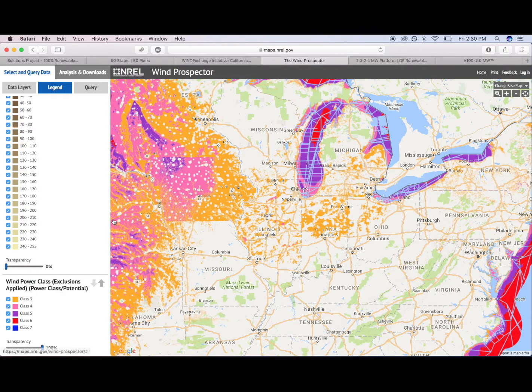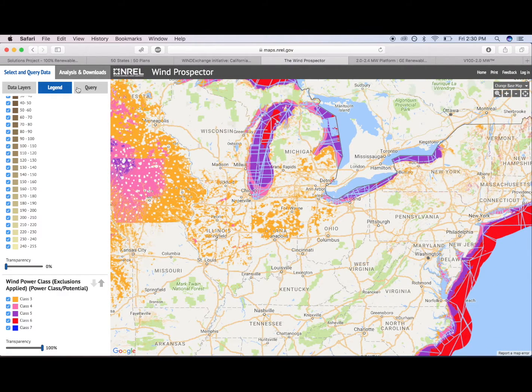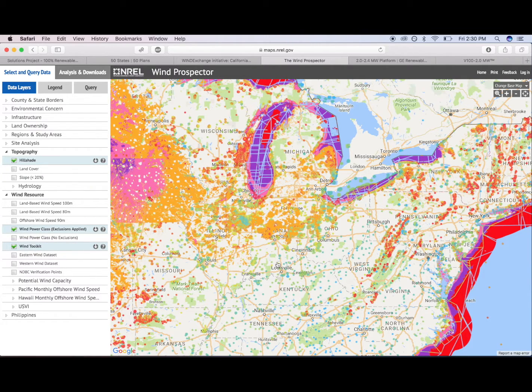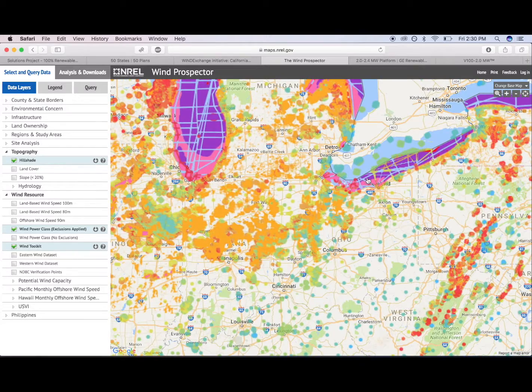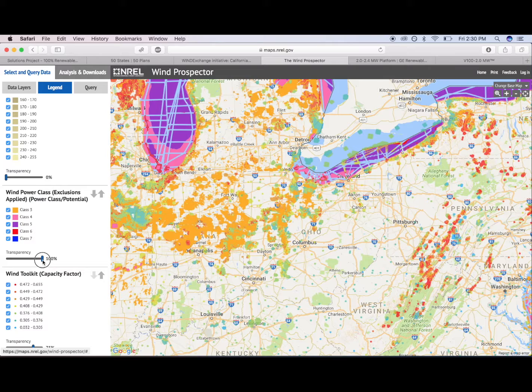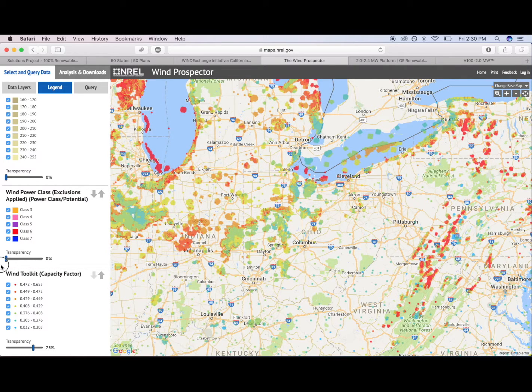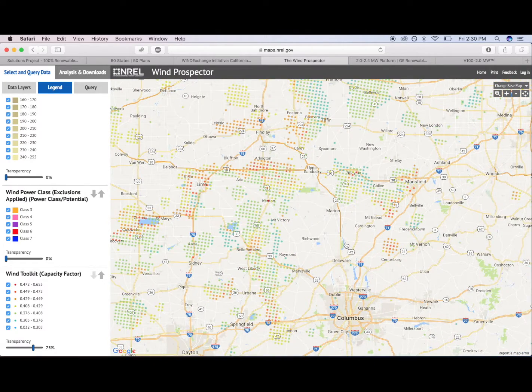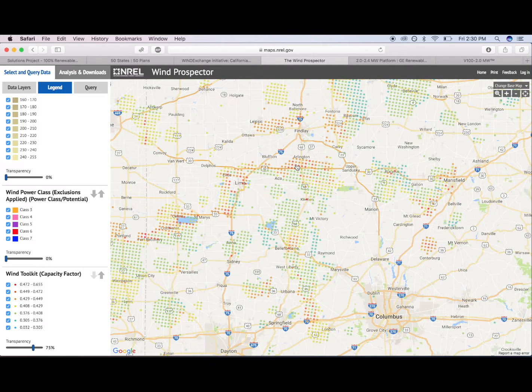I'm going to turn down this. And if we go back, then we can click on Wind Toolkit. And this is a whole bunch of data, it's kind of hard to see, so I'm going to jump back in here and turn down the actual wind resources. But this is going to give us a whole bunch of data points on places where they have measured the wind and places where they think the estimated capacity factor is.